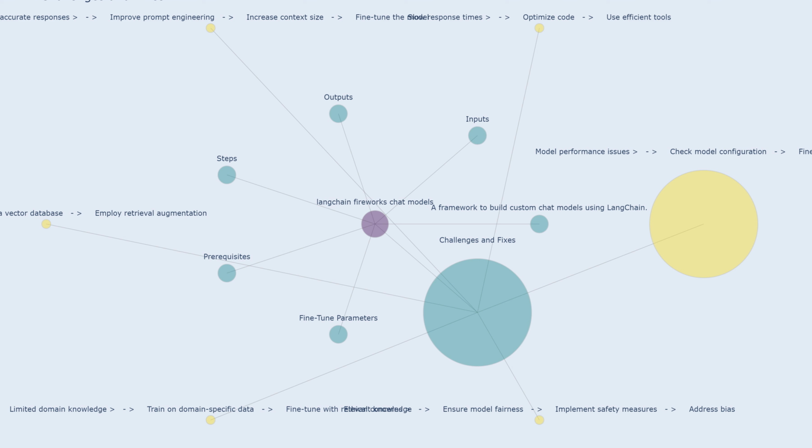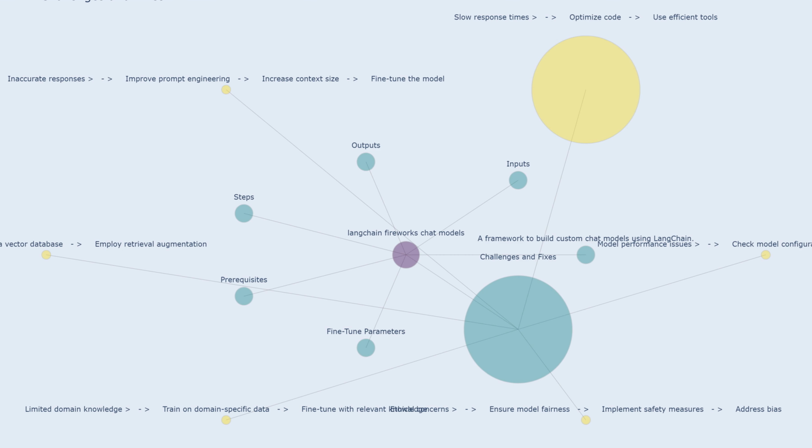Fine-tune the model: adjusting the model's parameters or training it on additional data to improve its performance. This involves customizing the model's behavior to better suit the specific needs of your application. For instance, if the model consistently generates biased responses, fine-tuning it on a dataset that promotes fairness and inclusivity might help address the issue. Slow response times: situations where the chat model takes a long time to generate responses, impacting